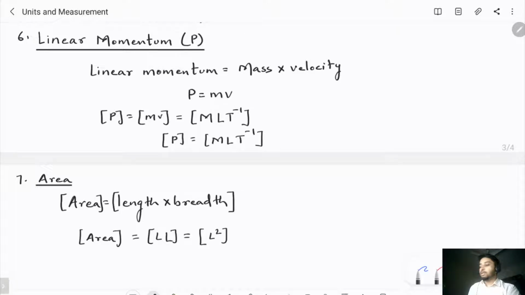Fine. So in standard form, we represent any dimensional formula in terms of at least mass, length and time. So we can write it as M to the power 0, L square and T to the power 0. Same way we can also find the dimensional formula from any other area formula that we know.